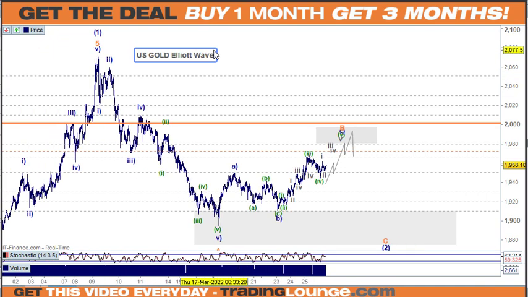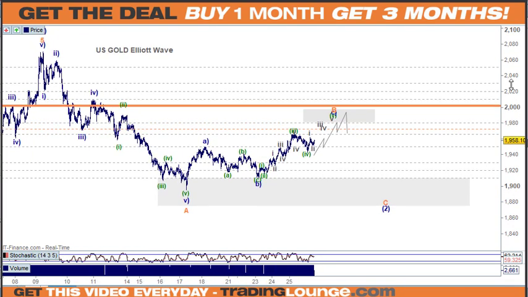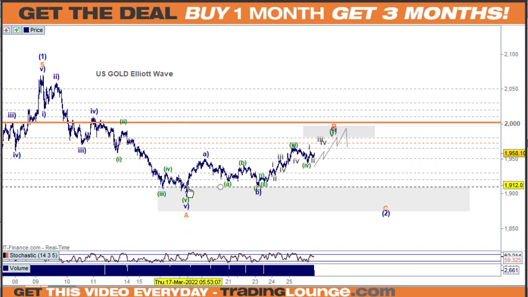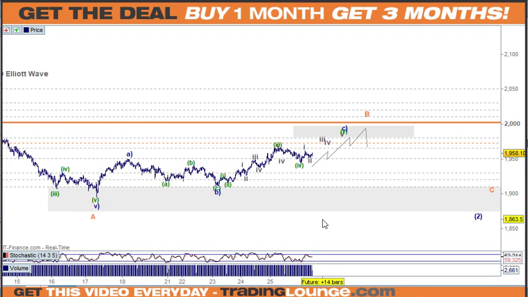US spot gold. So just going back over a few little things here. With wave 1 up here, we're looking for an A wave and a B wave and a C wave. Is it possible that wave 2 can be in play over here, and we can put the A wave here and the B wave over here and the C wave here? Yes, it's possible. However, I don't have any evidence of that at this stage. So what I can do is just continue to count the waves up here, and if I see the market